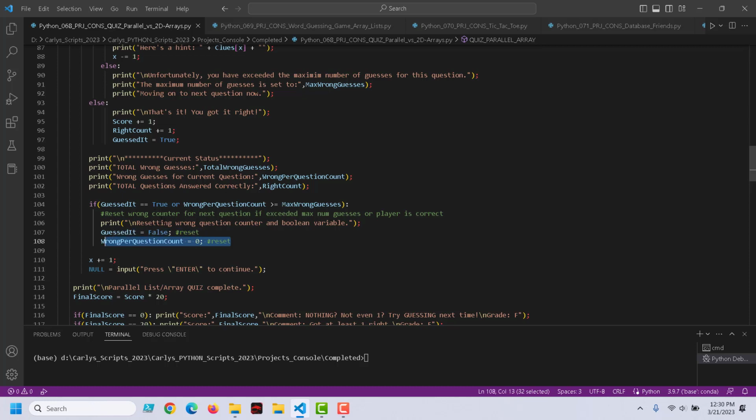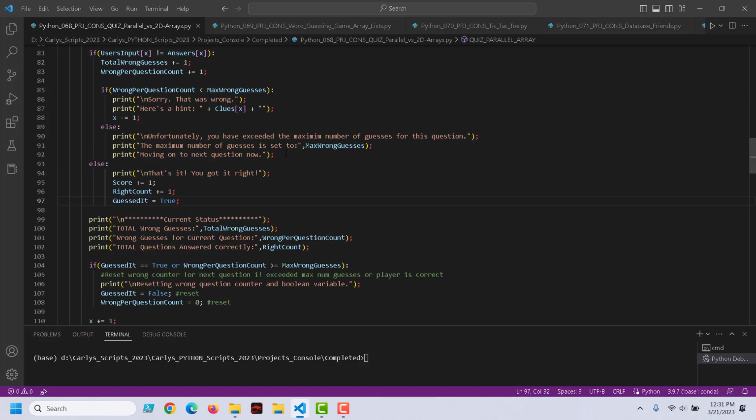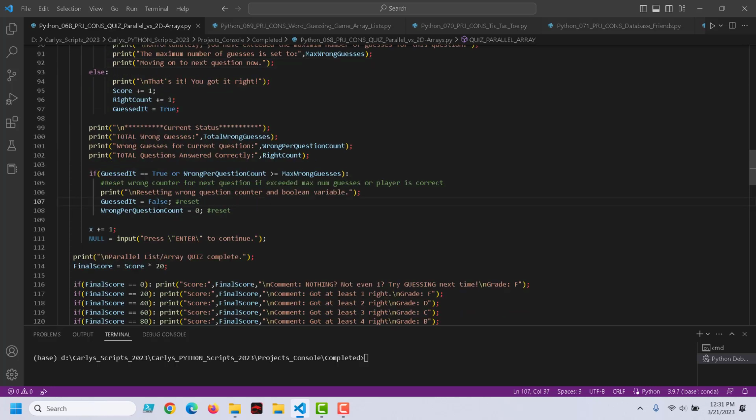But the reason we had to use that Boolean, we can't do that up here. Like you might be wondering, well, why don't you just reset the wrong per question count here if they win, and here if they exceed the maximum wrong guesses? We could do that, but we'd have to do it twice. And the problem is we're displaying the values. So if we reset them before we displayed these values, then let's say that they used up their maximum number of wrong guesses, 3 guesses. Well, if we reset it up here and then displayed this at the end of that question before they go on to the next one,